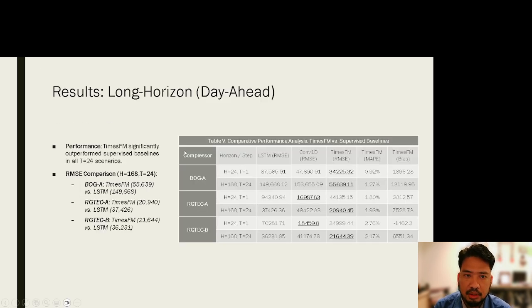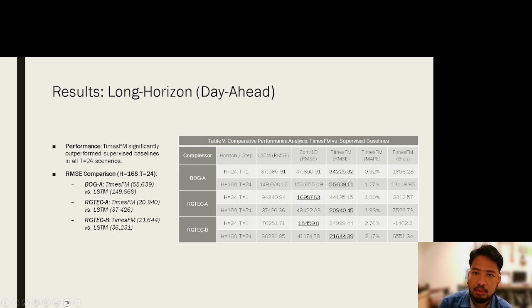Okay, these are our results of the prediction, starting from the long horizon day ahead prediction. We can see that our proposed method, performing zero shot prediction, TimesFM, performs much better in many of the compressors.